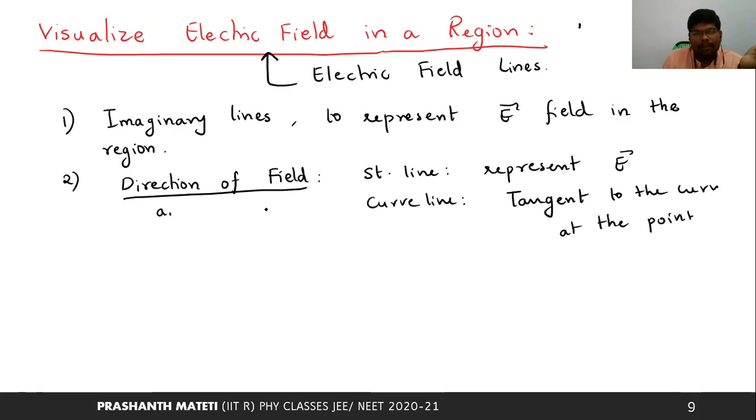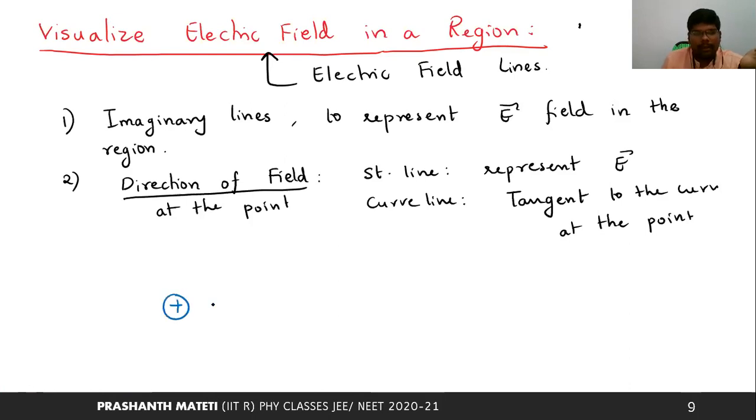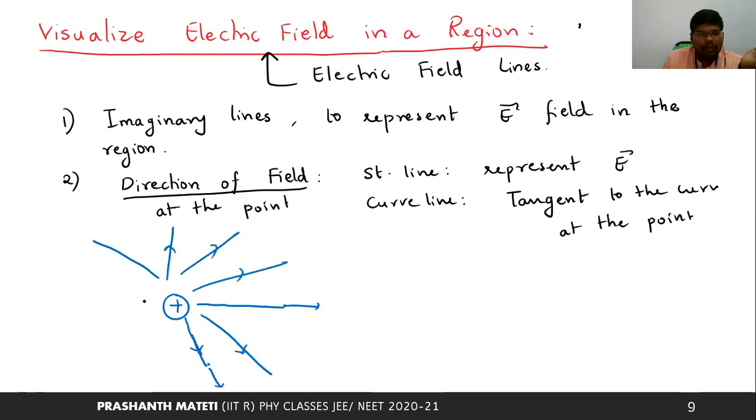So first of all, let us visualize one or two things. If you take some positive charge, what is happening here? At this point the field is in this direction, and at this point the field is in this direction. In order to show this all, at every point the field has a direction. If you join all these points, you are going to get these lines in this manner. These lines which I am drawing show the electric field at each and every point. So this is what they are, electric field lines. Basically we are drawing them so that we can represent the field at any point: at this point, the field is in this direction.